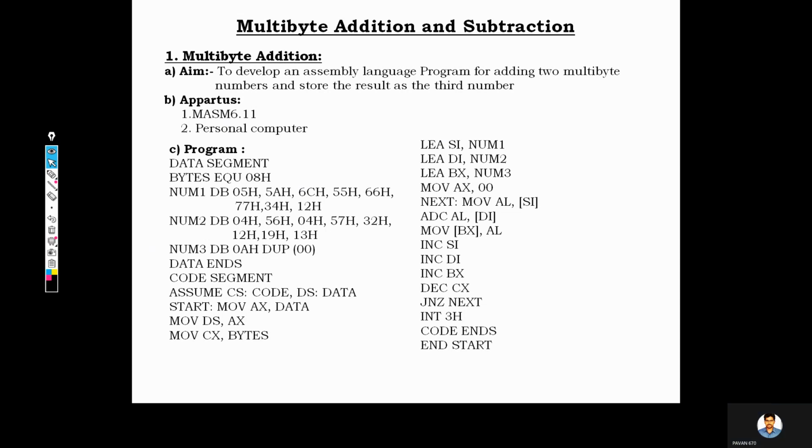Now let's start with the explanation of this program. Since we need to perform the addition, initially we need to provide the values. We know the operation we need to perform, which is addition, but we don't know on what values we need to perform that operation. That's why we first need to define those values, so we initialize the data segment here.